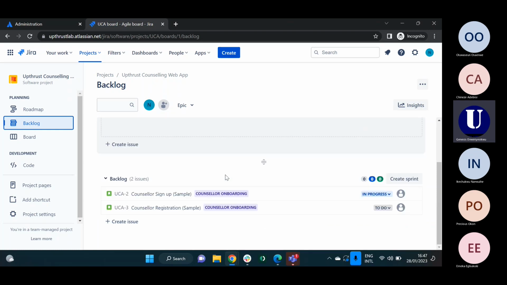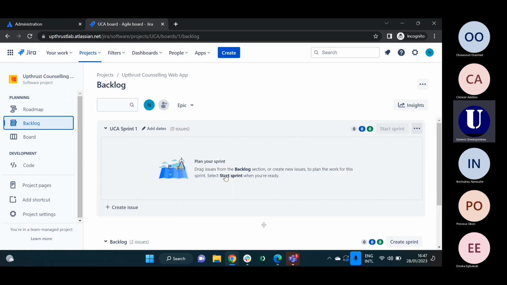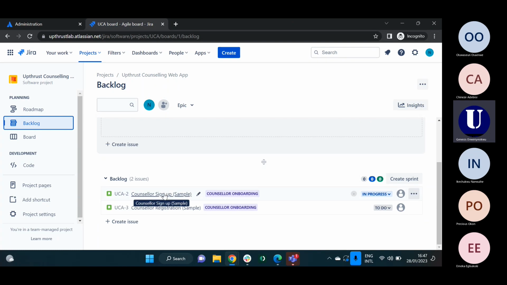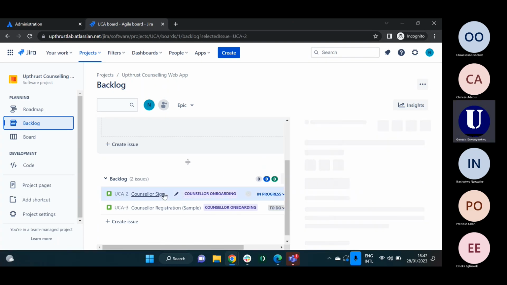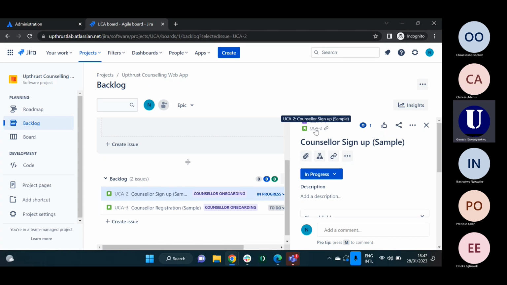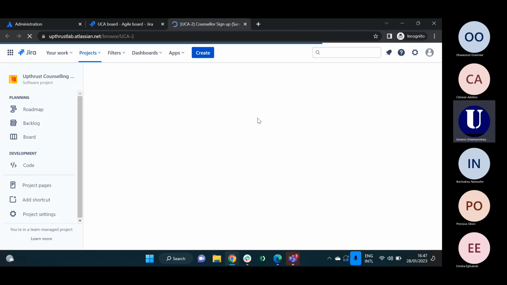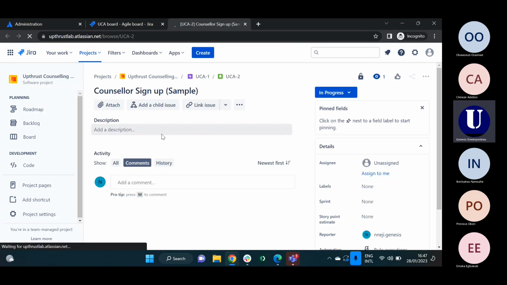I would like someone to, okay, let me not go that route, but let me just go to the user stories and then write a user story on this. To view this, I'll just click on this and then a new tab will open, which is a tab for the user story, right? Now, when the user story opens,